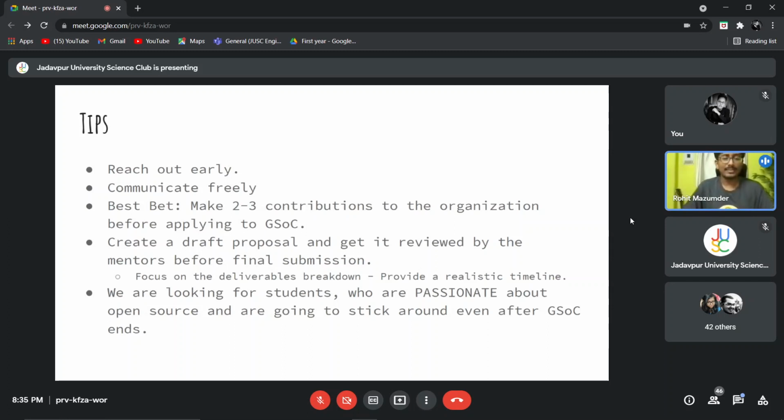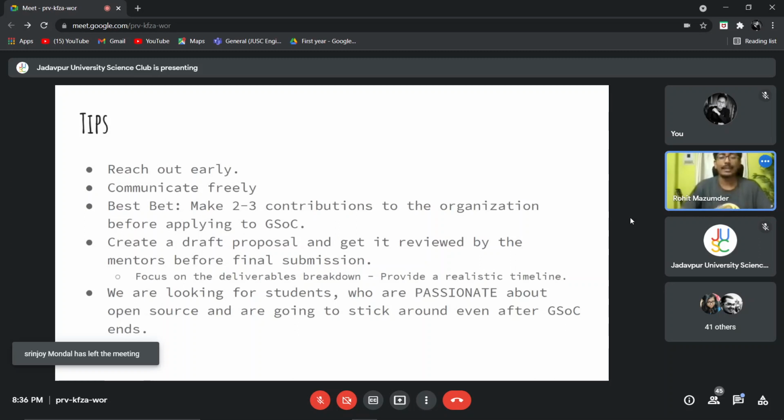Once again, I want to focus on this, guys. Write a very realistic timeline. This is one of the things I have seen. The deliverables breakdown is very important. What some students do is write unbelievable expectations. Like they say that in 1 week, I'm going to be doing this much. They promise really hyper contributions, so many things they want to do. And we know instantly that this is not realistic.